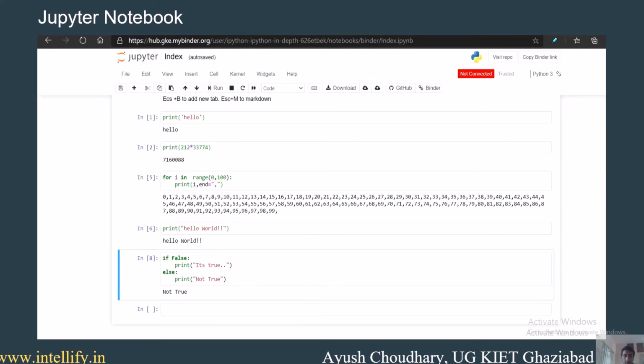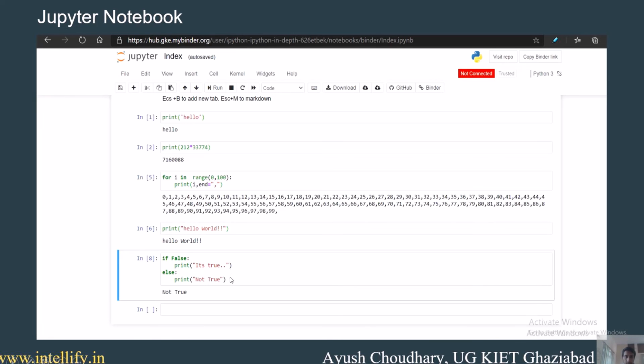It will be treated as a comment or notes. If you want to add new cells, you can use the add button. If you want to cut a cell, you can. If you want to move a cell up or down, you can use these. And for execution you can use Run or Shift Enter, as I told earlier.